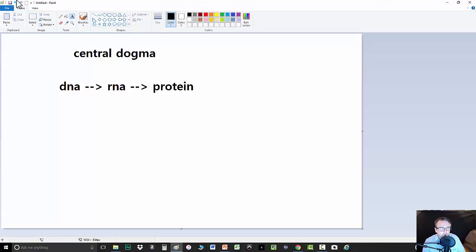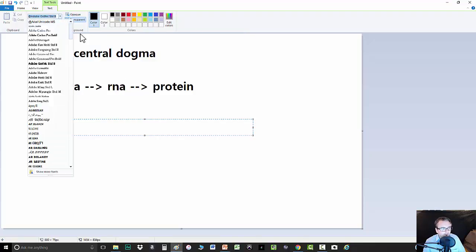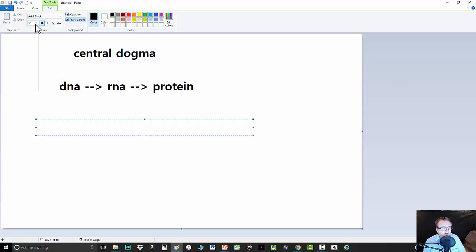What this really means, though, and what the central dogma is ultimately stating, if you want to type this out, this is a figure diagram expression to represent what we're talking about. If we want to actually try and form a coherent sentence to describe this, we would essentially say that the central dogma is that, how about I get it in a font you can actually see? There we go. In all life forms,